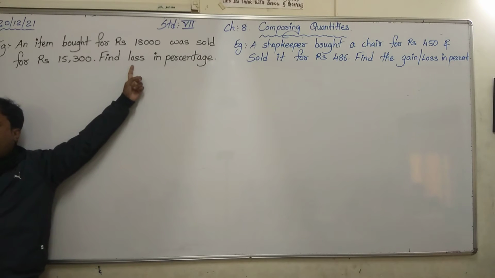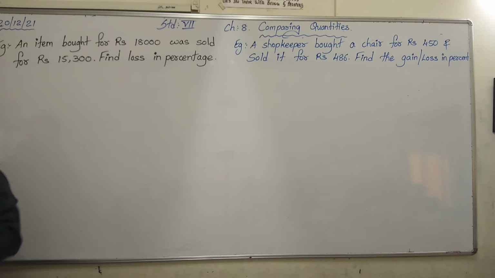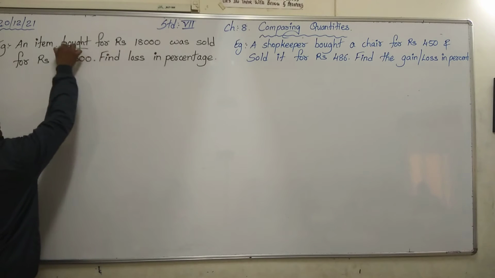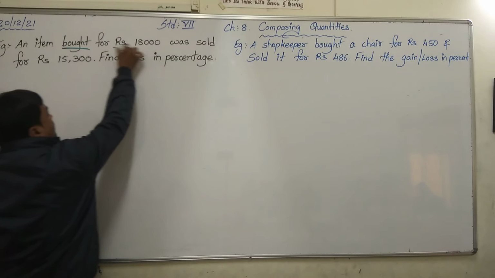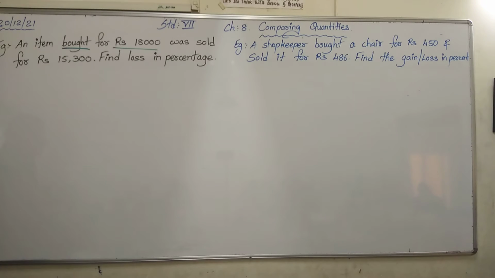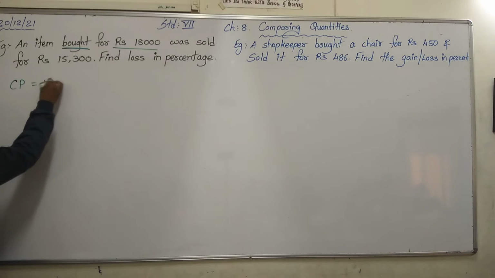અહીંયા શું સફર થશે? લોસ સફર થશે. તો obviously what will be the bigger? The cost price will be bigger, right? And here from the statement we can easily identify the item bought. Bought means it suggests the cost price. Bought એટલે શું suggest કરશે? Cost price. So CP is equal to